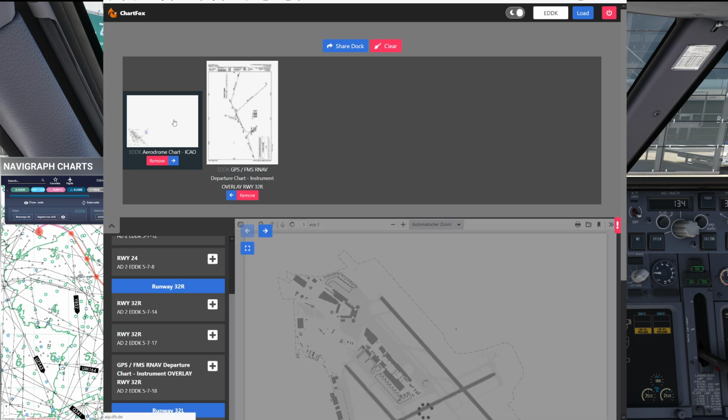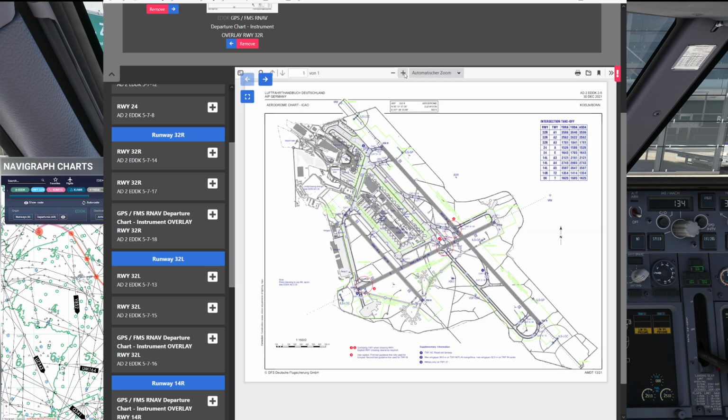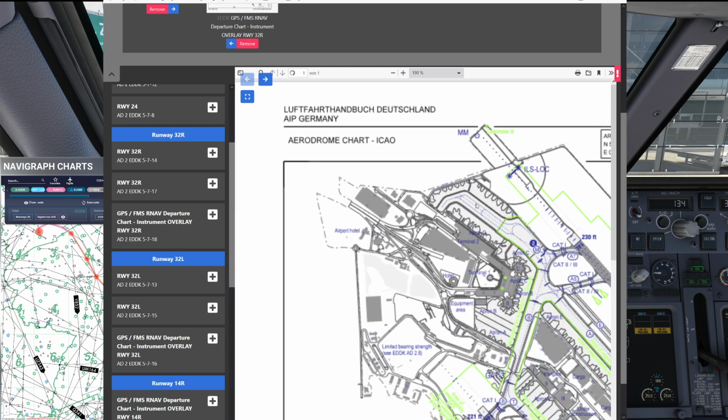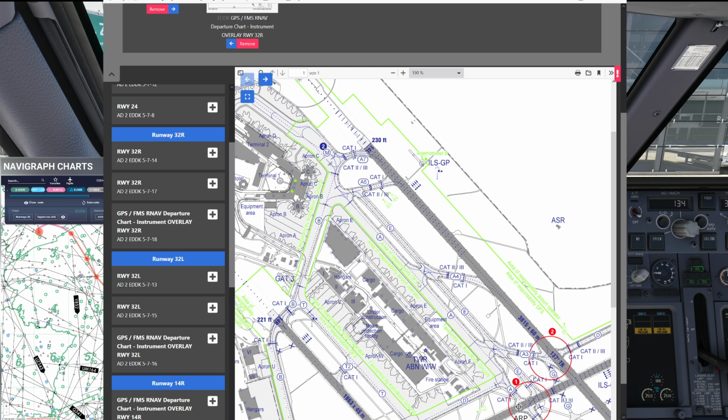Also, of course, you do need the taxi chart to taxi the airplane. Do not rely on the ground layout of Microsoft Flight Simulator to tell you the correct taxi names and stuff. These things may be wrong, so do have a taxi chart available at all times when you are flying. As said, Chartfox is an excellent free version that you can use, and Navigraph is providing a very good payware version. Now, a little bit of advertisement over here. Why should you use Navigraph over the free alternatives? Well, the reason is that